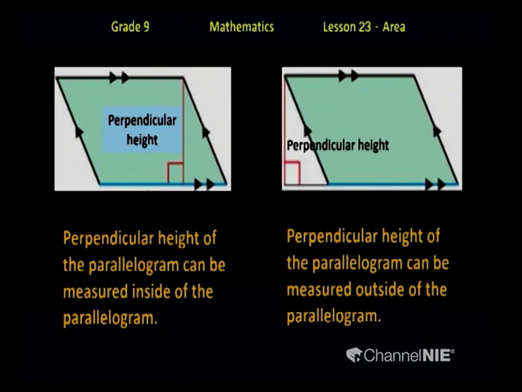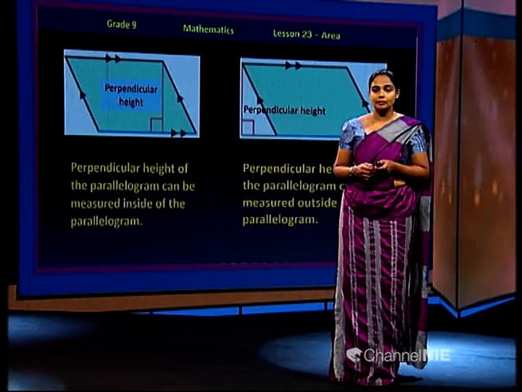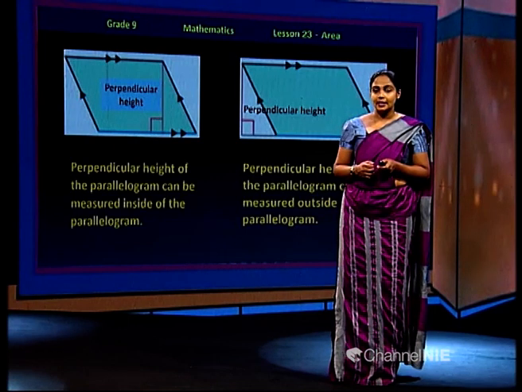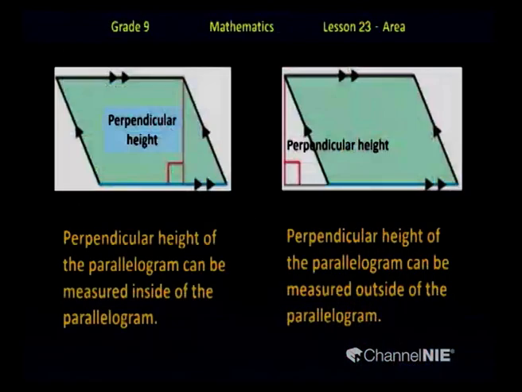We know if there are 2 parallel lines, anywhere we can draw the perpendicular distance. Here we are using this one, the perpendicular height and base. But identify the base. The base is highlighted using color blue. The side is produced, but the base should be the side of the parallelogram. I think all of you could understand it. Now let's see the next one.